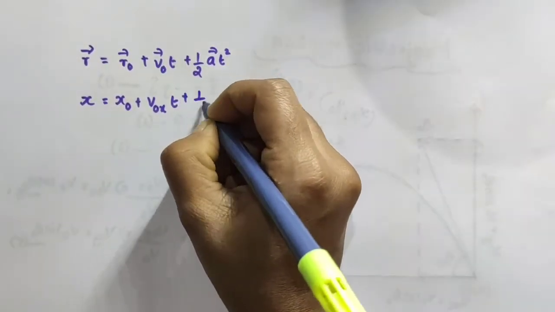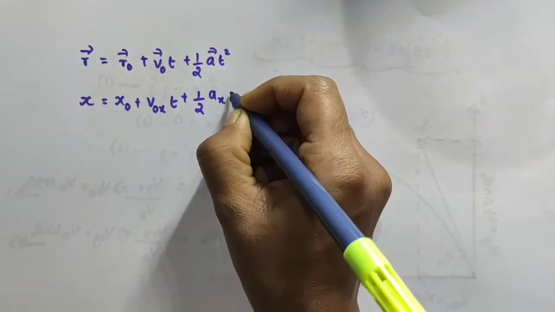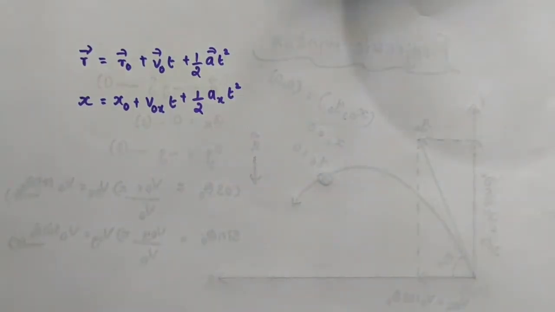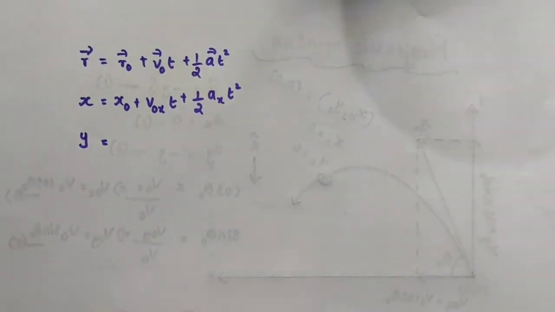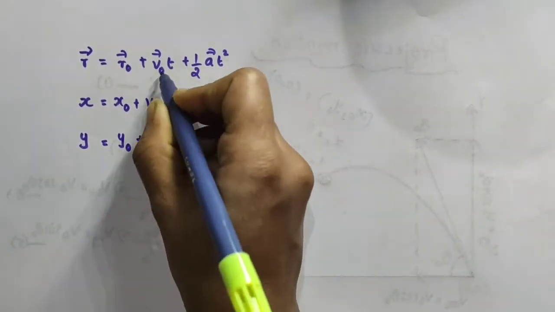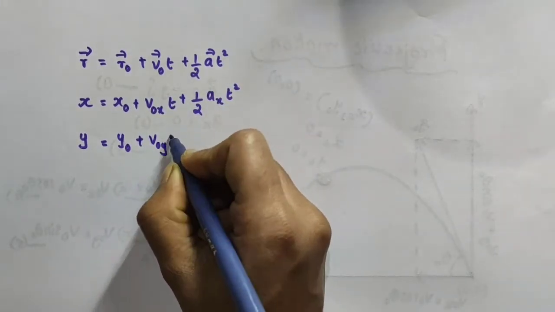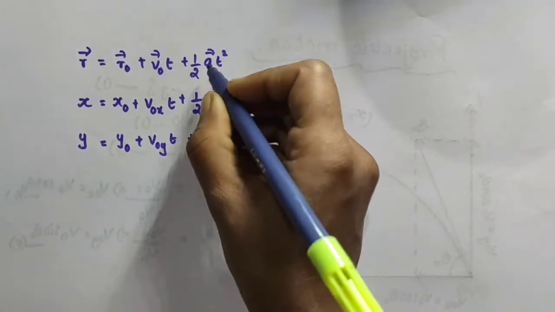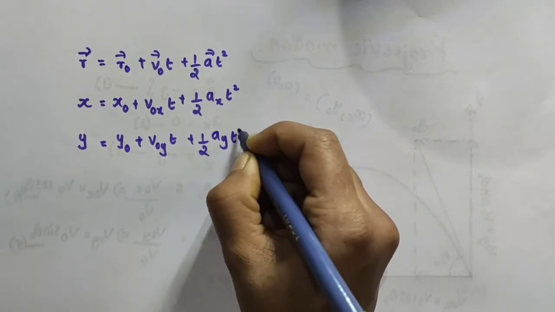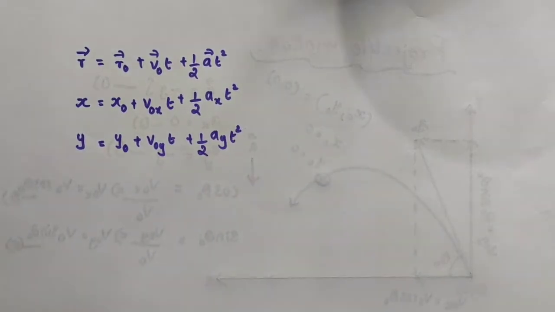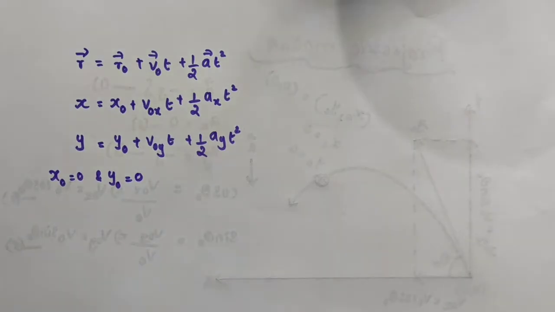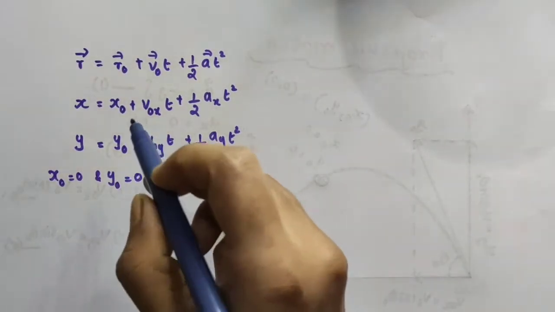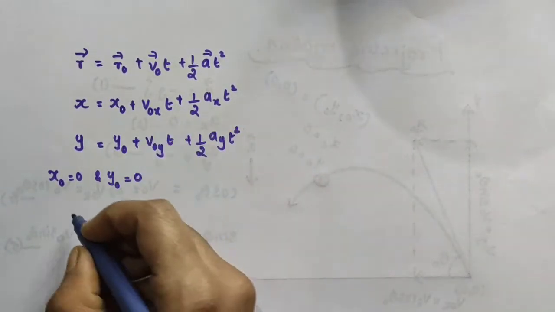Plus half into x component of acceleration into t square. Similarly, we can write the y coordinate, that is y, as y0 plus y component of the initial velocity into t plus half into y component of acceleration into t square. Now we have x0 equal to 0 and y0 equal to 0. So when we substitute x0 equal to 0 and y0 equal to 0, we will get the expressions like